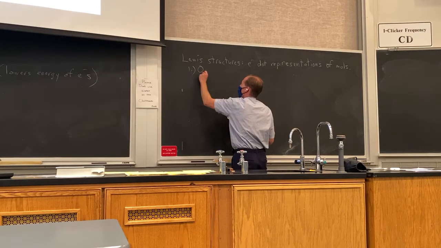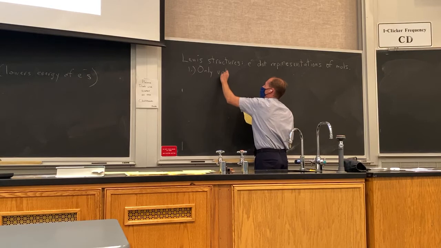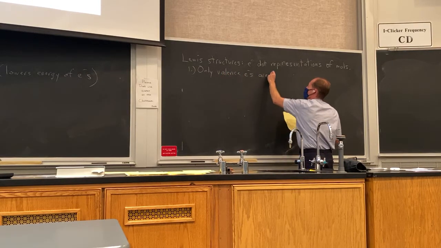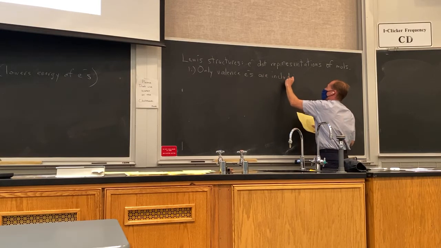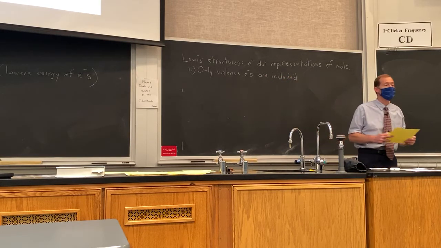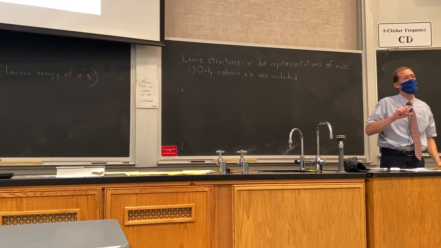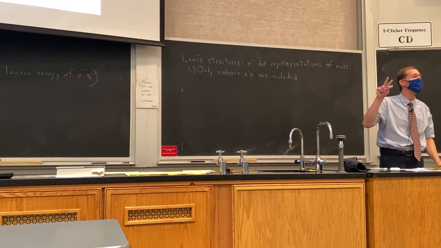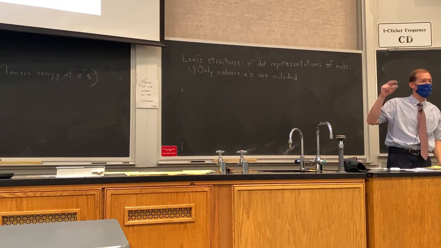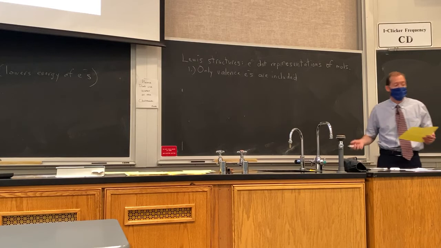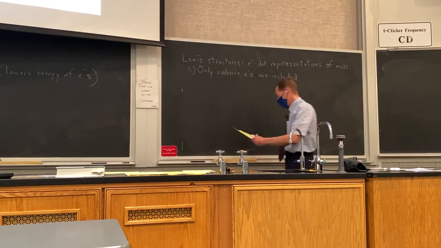The first one is that only the valence electrons are included. Okay, so we ignore the inner shells. So if we're looking at row 2 elements, we ignore those 2 electrons in level 1 in the 1s, and we only include the valence electrons. Okay, and then